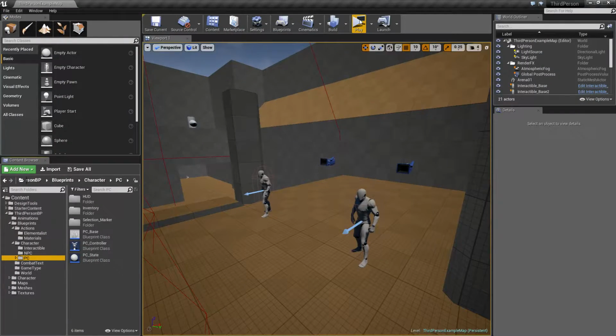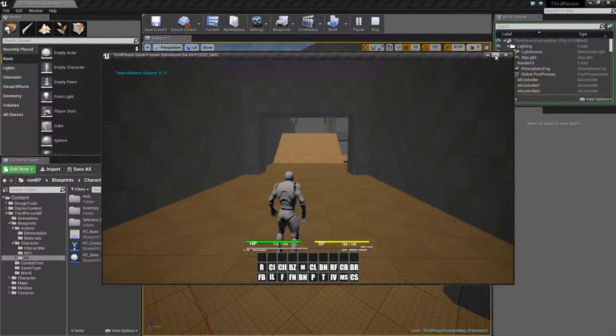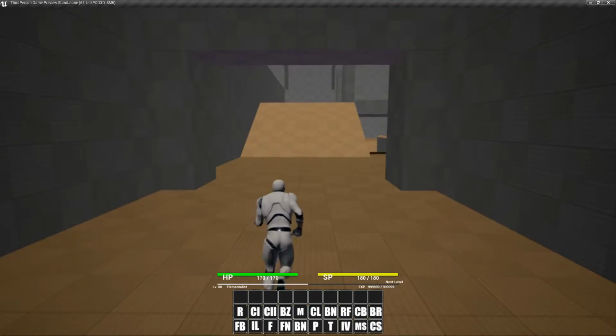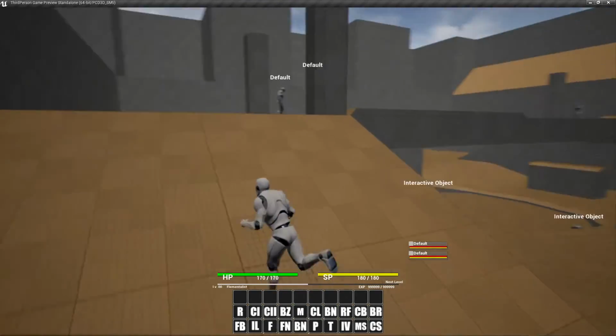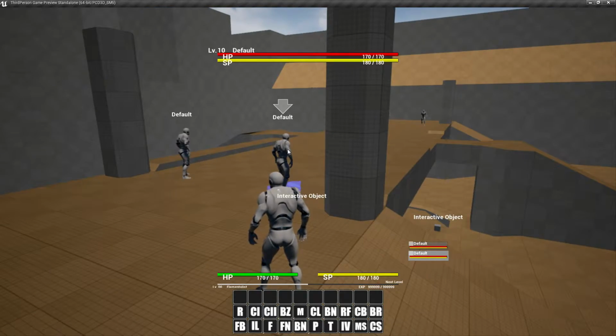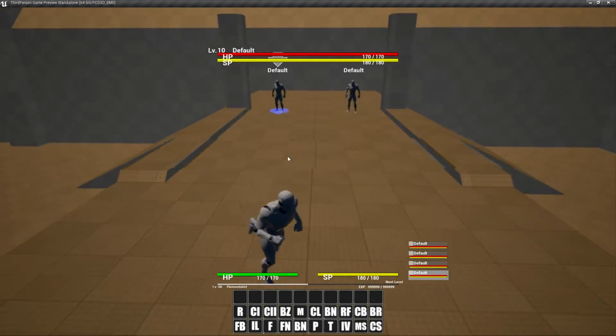Let me try reloading this. So that, yeah, okay, cool. I'm on the green team now. I don't know what bugs are going on right now. There's probably things that are just a little messed up. Okay, so I'm green. Now if I pop Blaze,